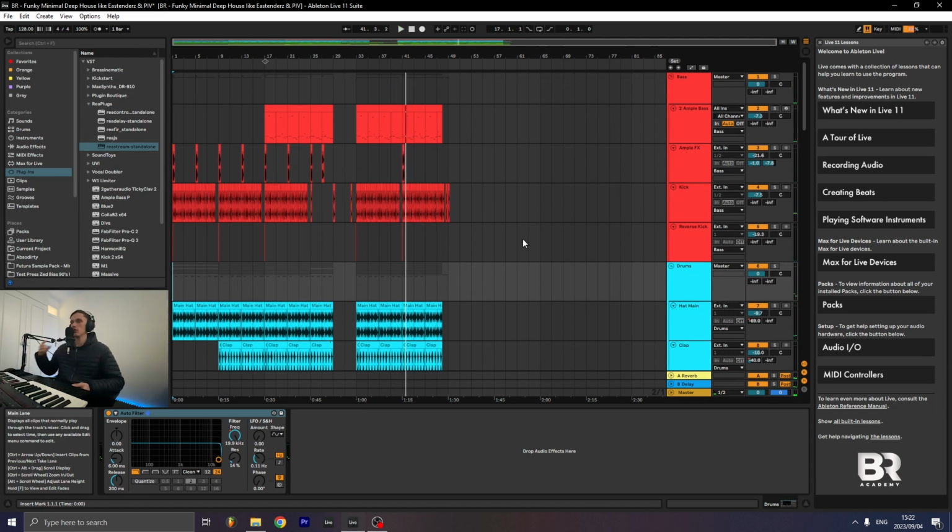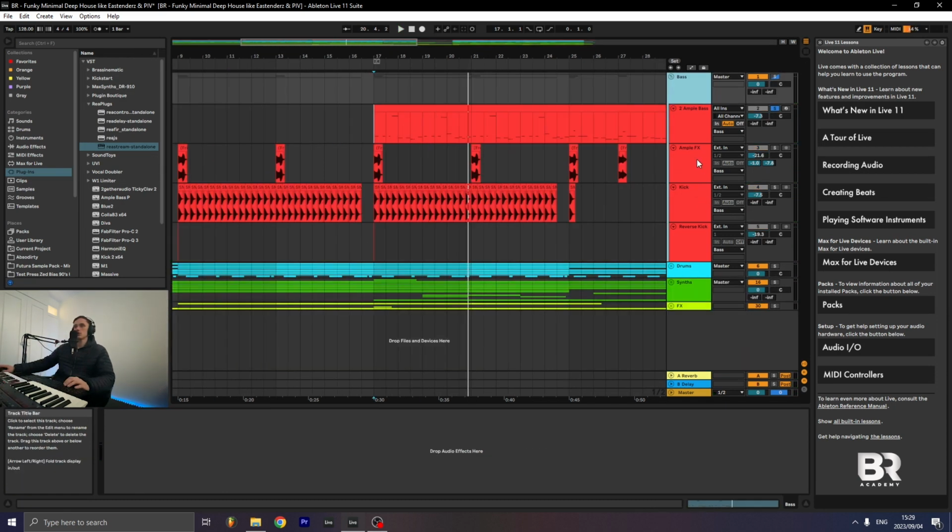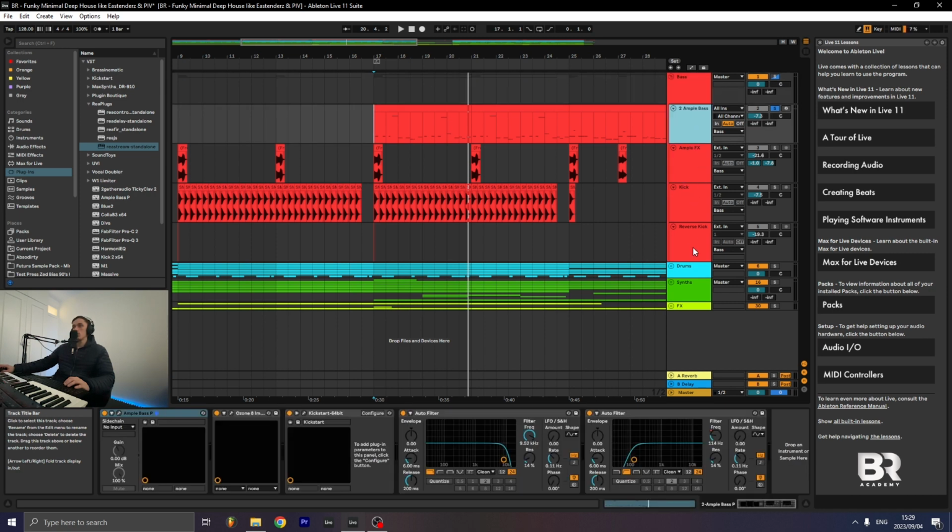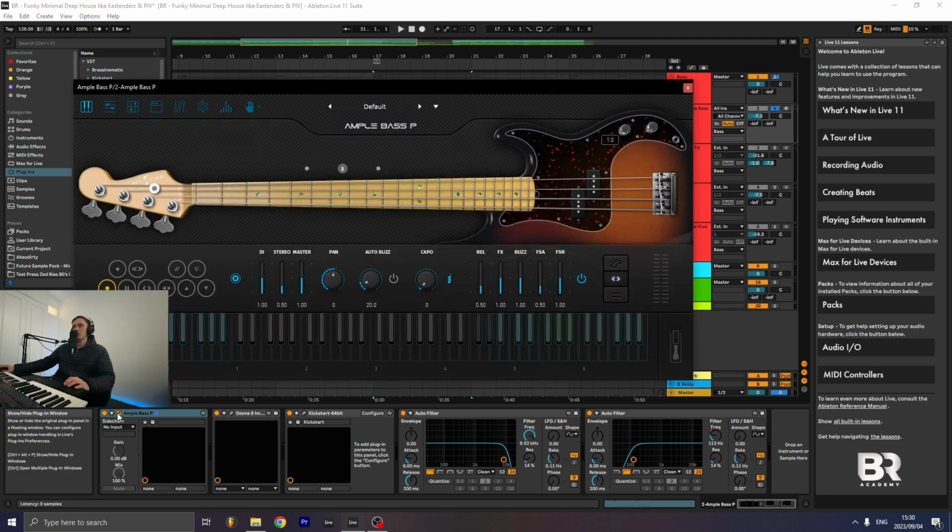Okay, cool. So you guys get the idea of the track. So starting off at the top, we have our bass group, which consists of 4 bass channels. At the top, we have our main bass layer, which is this VST plugin called Ample Bass, which is a